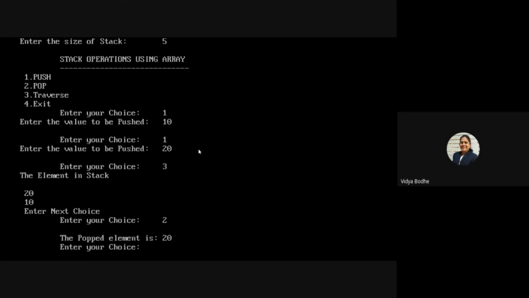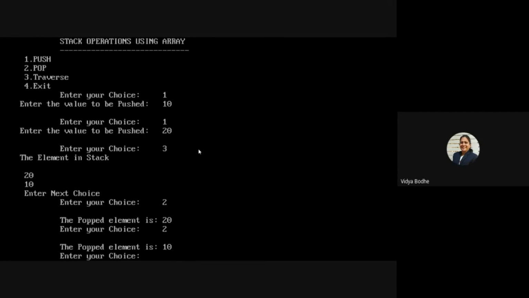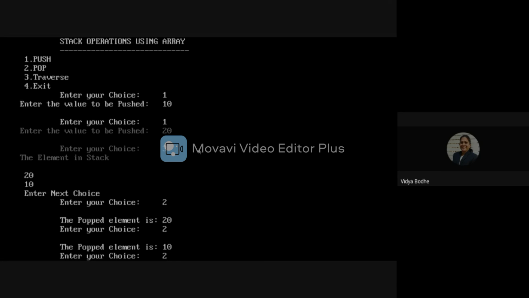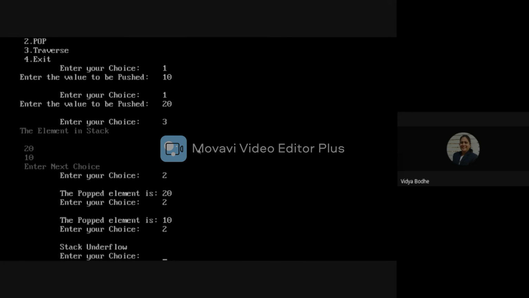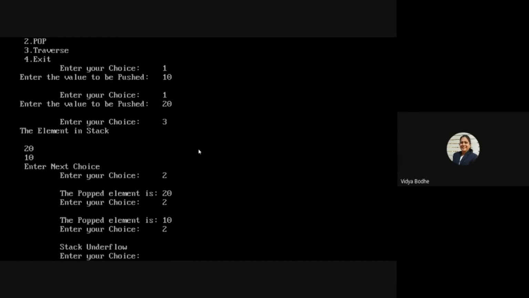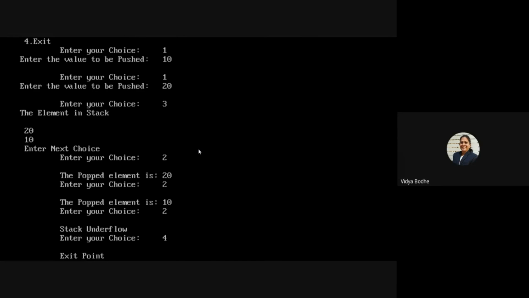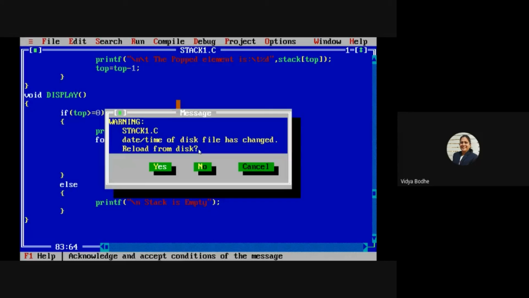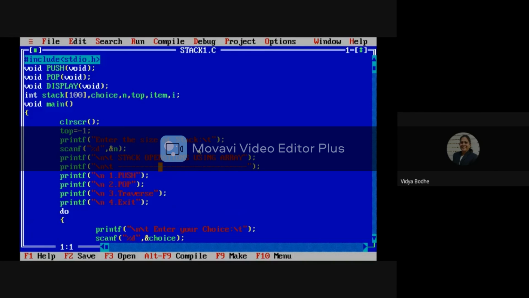Again, if I give second choice, then 10 will be deleted, and again if I give second choice, then the message will be displayed that the stack is underflow. Now I am going to exit from the program. This is all about the operations performed on the stack.